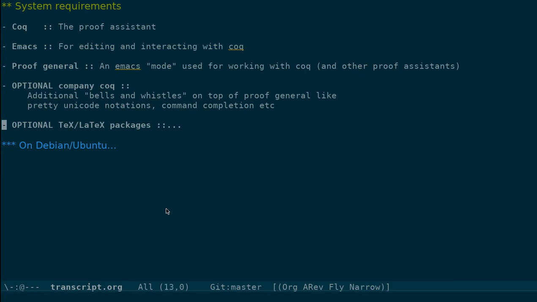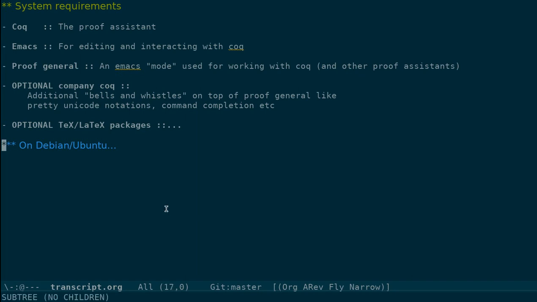And of course, you might want LaTeX and TeX packages so that you can compile the documentation and code that you have written. This is what you need, and I should emphasize again that it is through interaction that we get to the final proof. So it is very important that we have hands-on experience with these systems.